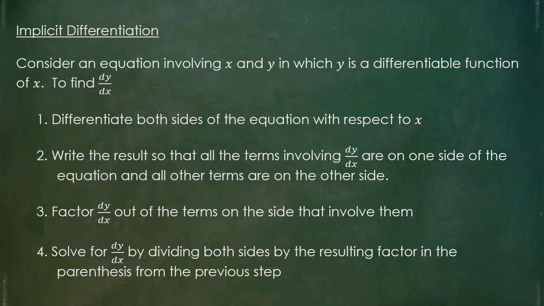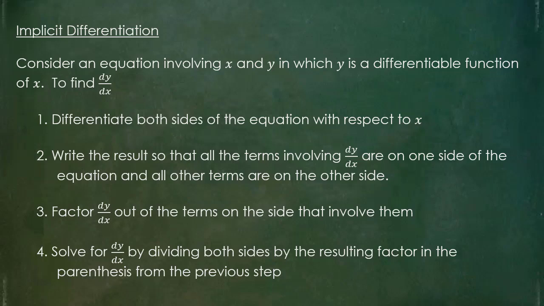So differentiate each side with respect to x. Remember, every time you have a letter that's not x, such as y, you'd have to multiply using chain rule. So at some point in time, a dy over dx would have to get involved. So what we end up doing after we get that differentiation of both sides accounted for, we then write the